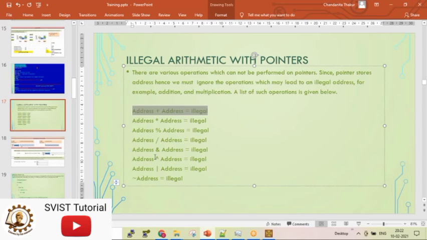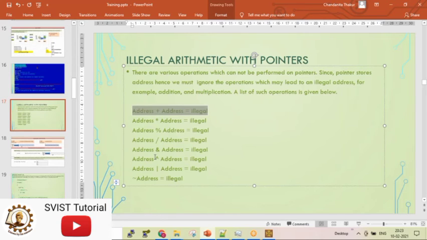Why is subtraction allowed on pointer? Yesterday, if you have not forgotten, we did temp minus a. We took a pointer, we added 3 to the pointer, then after adding, we subtracted. Why is only subtraction allowed? We can subtract addresses, we did it yesterday.